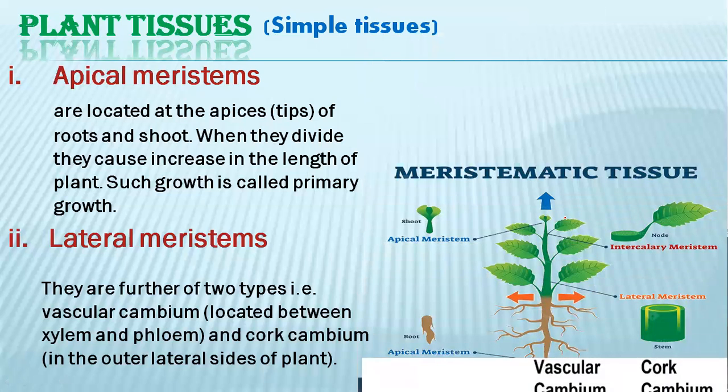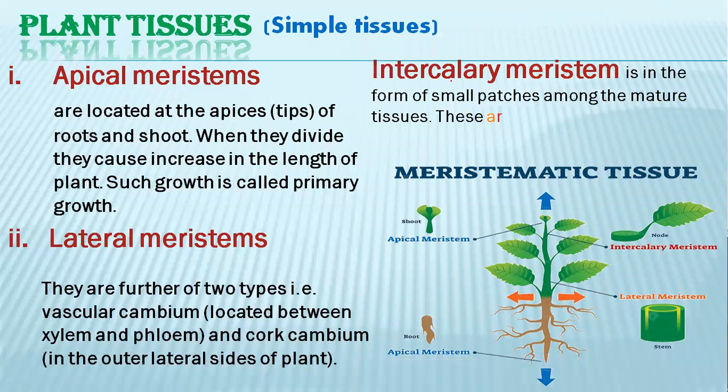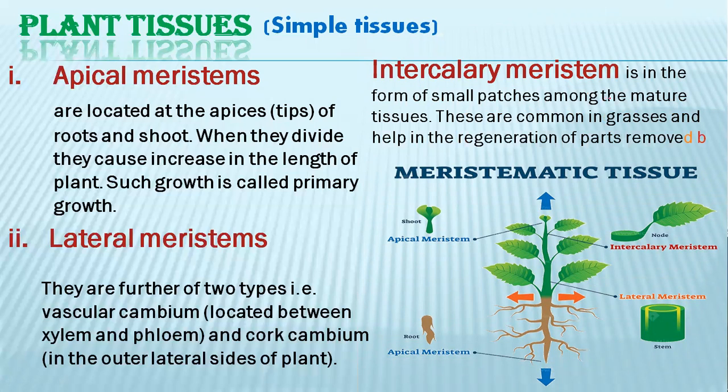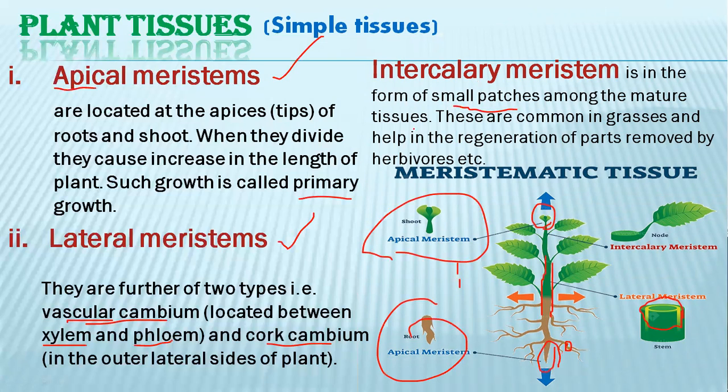Then we have another type of meristem that is called intercalary meristem. Intercalary means they are present anywhere in the plant. So it increases the irregular growth of the plants, like growth of the tree, leaves, or growth of the branches. It forms small patches among the mature tissues, and you can see here these are lateral meristems,